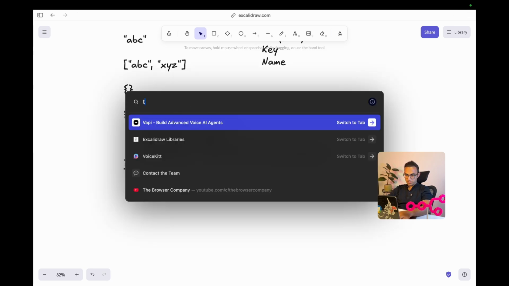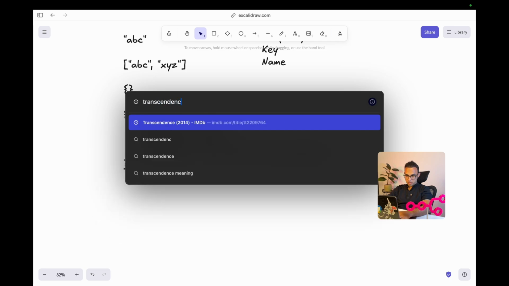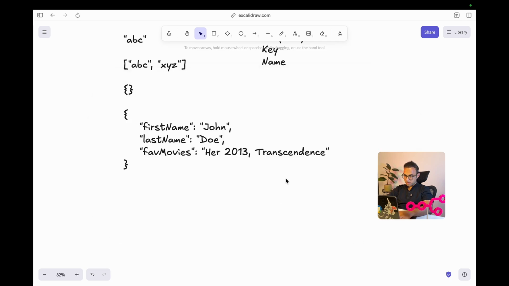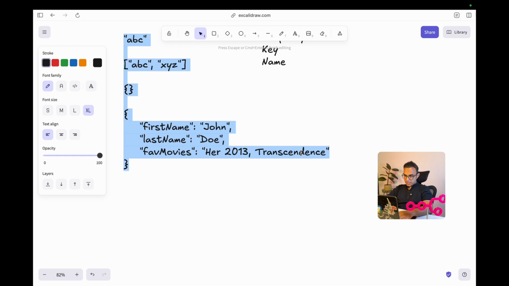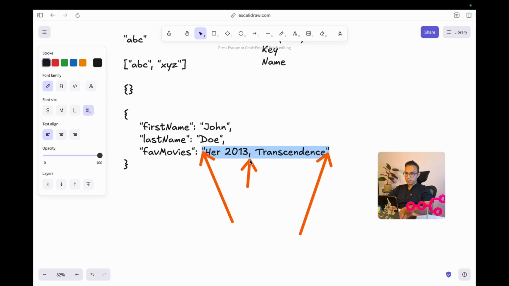I don't know how to spell transcendence. Yep, that's the correct spelling. Transcendence, and I don't know, whatever. But this is a string. You see it's inside these double quotation marks. And this does not mean anything.